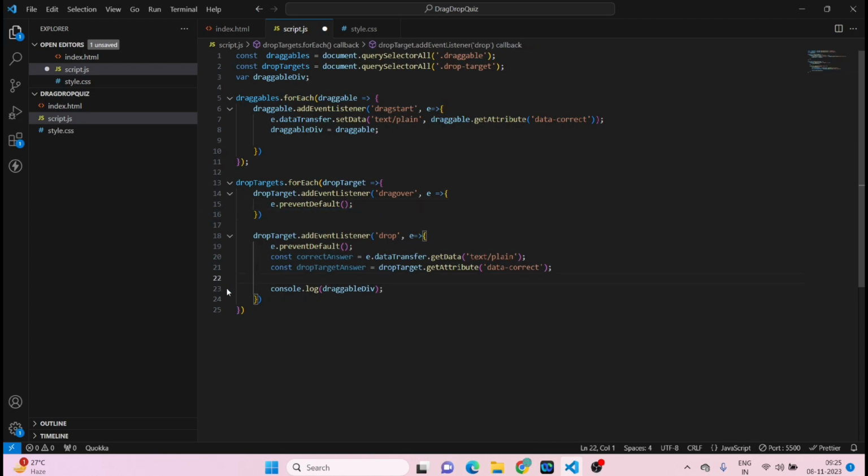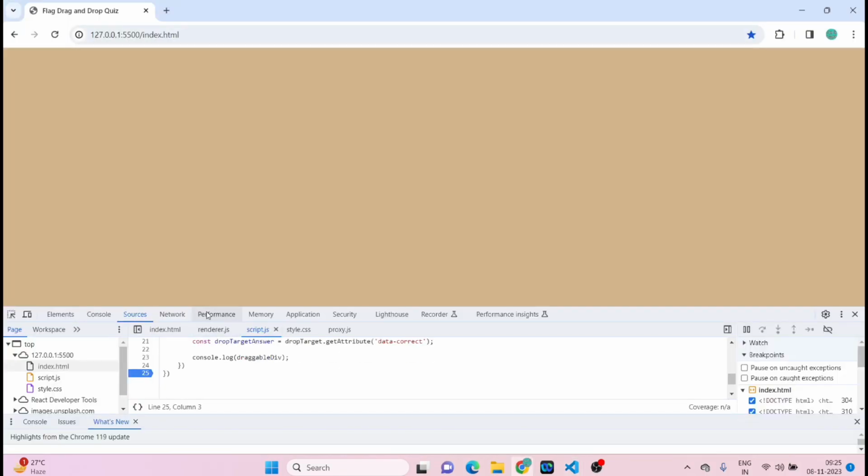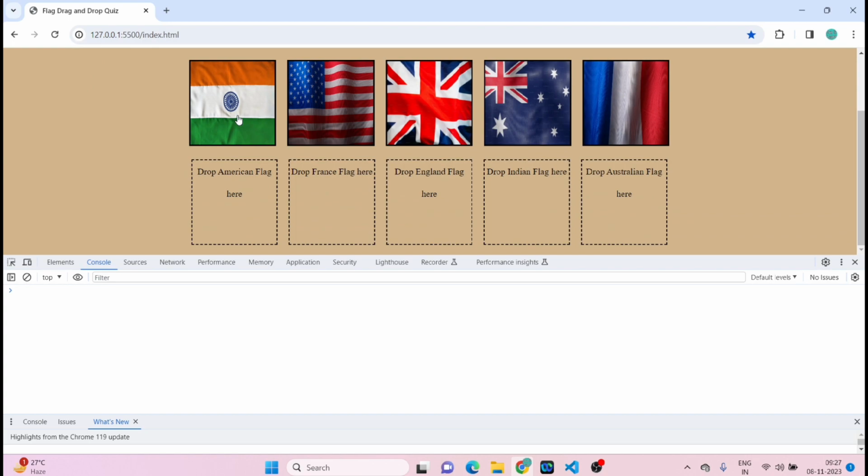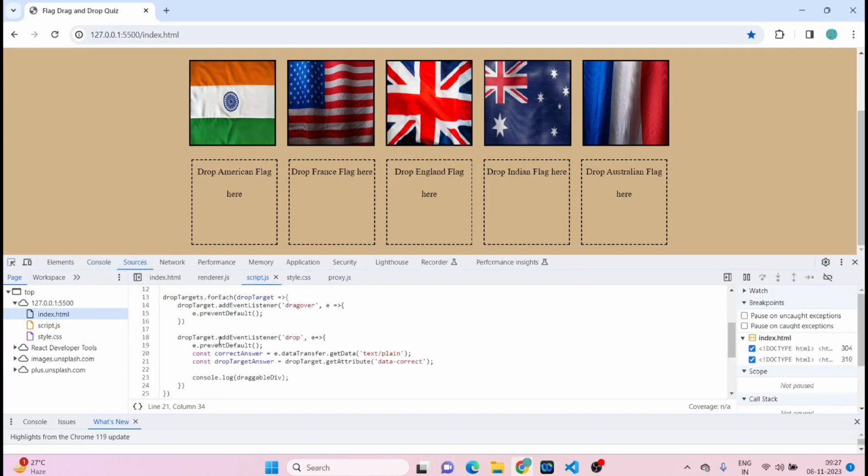Now if I save it and check, I'll drag this image and drop it here. So I'm able to get this image's data. But what we have to do is get the image which is appended here. What we can do is go to the sources and